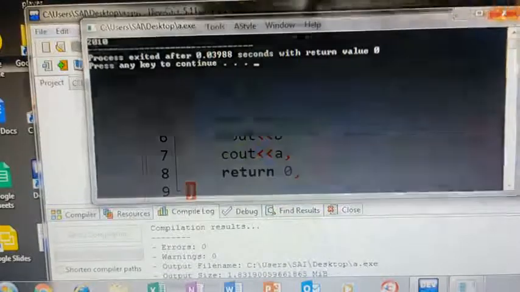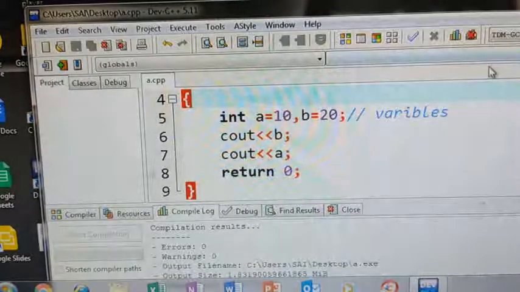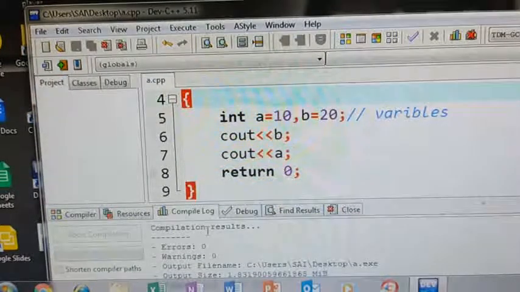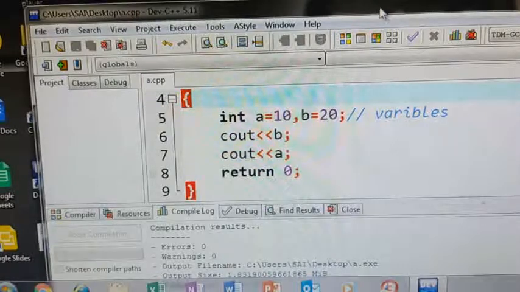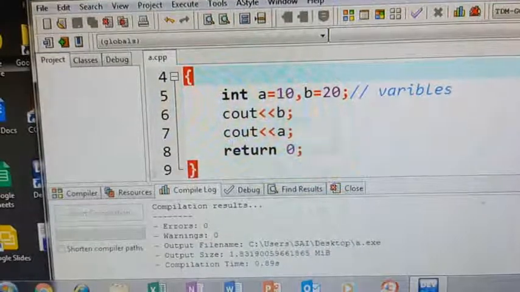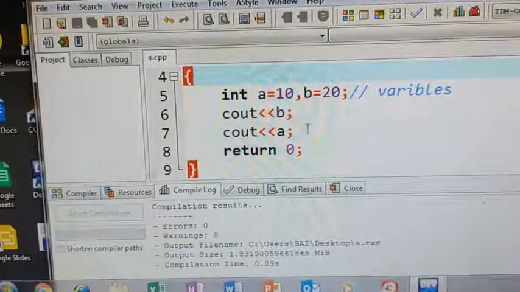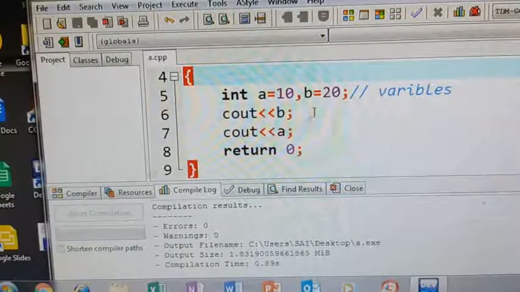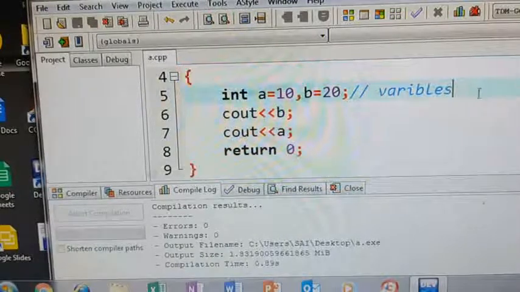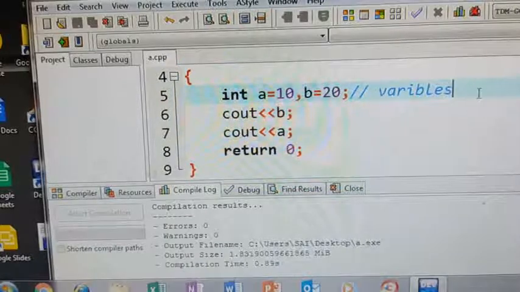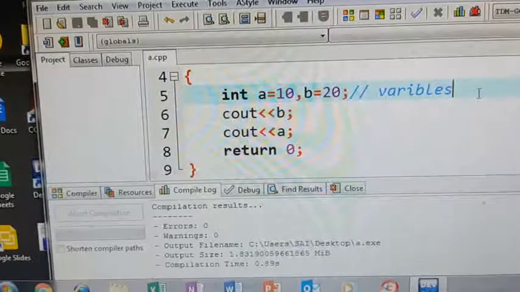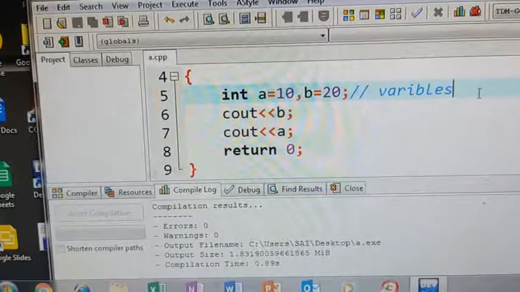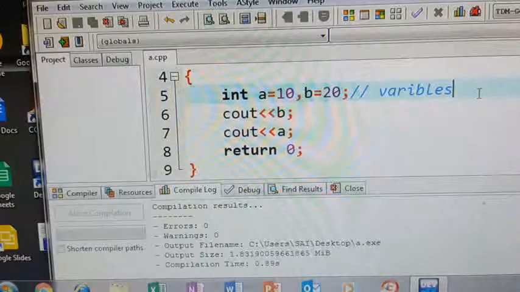But in some cases, if you want to execute a program based on a given condition, in this program I want to implement some condition. I want to print only the one variable which is the largest, the biggest value. So two variables are not printed, only one variable is printed. How is it possible? We will implement the condition. Selection statements will be implemented.